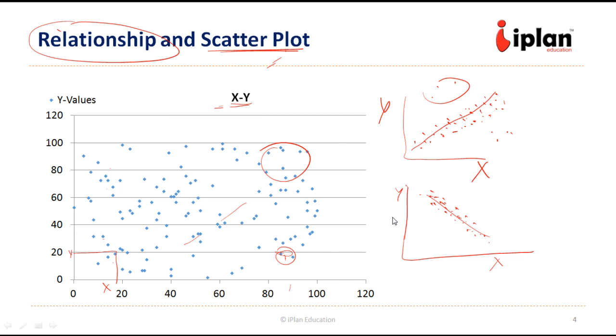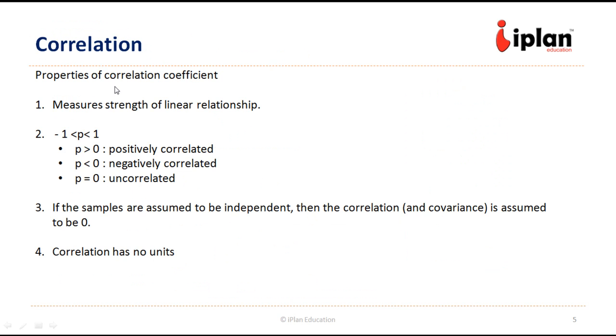Let us get into the basic details. The properties of the correlation coefficient. This is the parameter which measures the strength of the linear relationship, how strongly linearly related two variables are. It does not capture if there is any non-linear relationship. Suppose there is a non-linear relationship like this between two variables, it will not be captured by this correlation coefficient. It will only capture the extent of linear relationship.